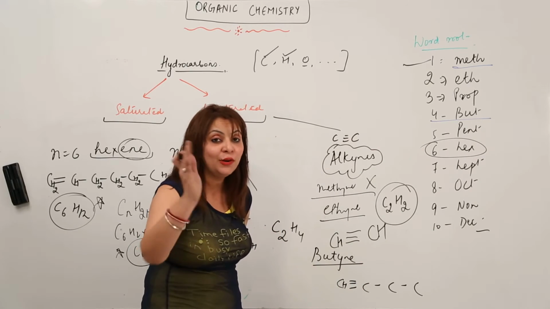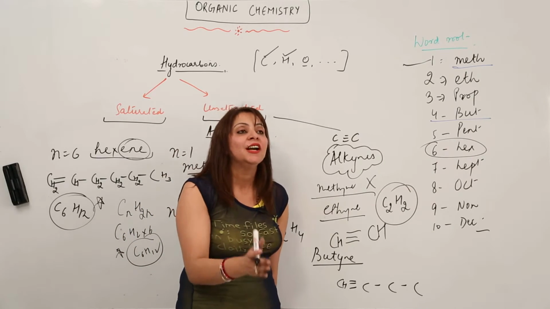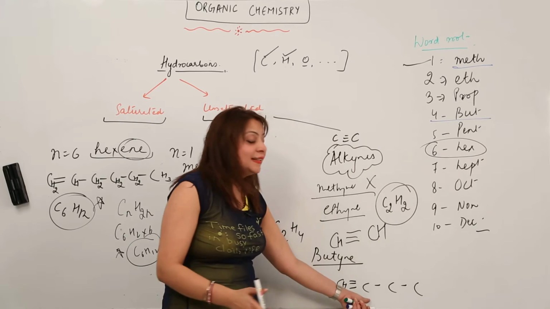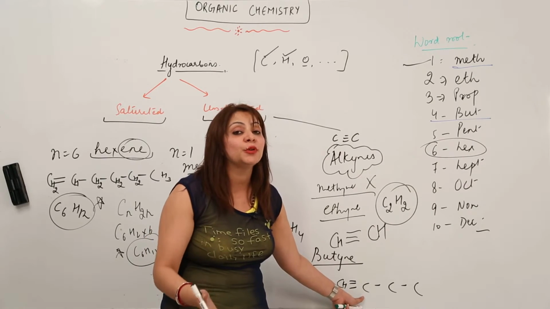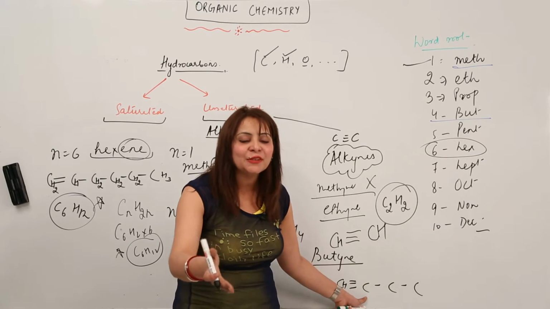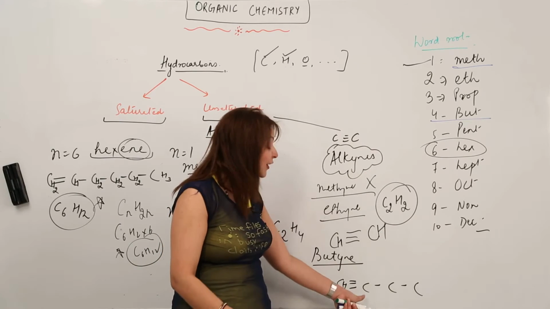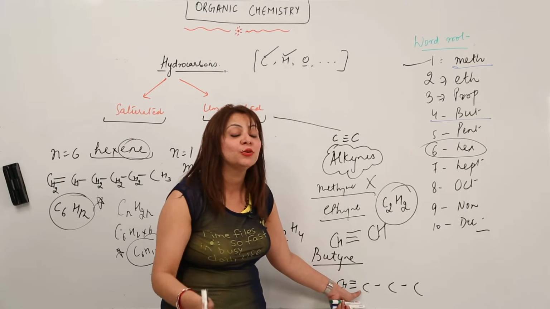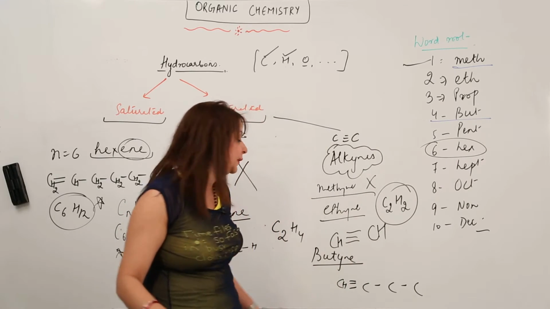No hydrogen has to be attached to the second carbon. Don't be afraid. Don't think that you are wrong on this part. You are very right. If in some case, as you can see in this case, the valencies of all carbons are satisfied, there is no need to put hydrogen. Don't think that your formula is wrong. It can happen, right? We just need to satisfy the valency if it is not satisfied. So here it is satisfied, so there is no need to add hydrogen. So I'm not adding any hydrogen to the second carbon.